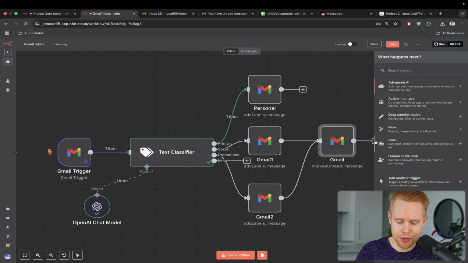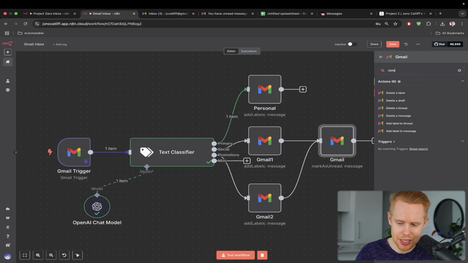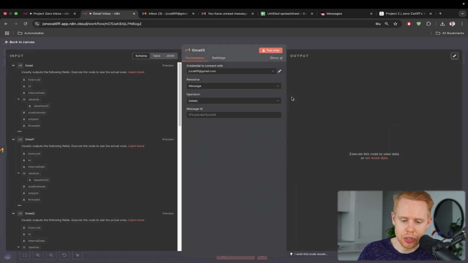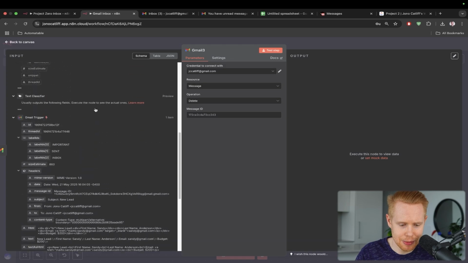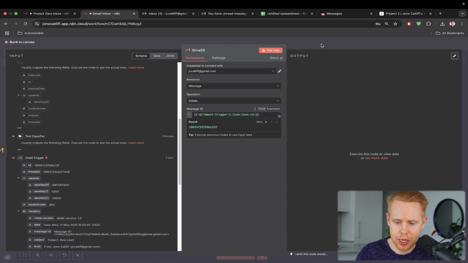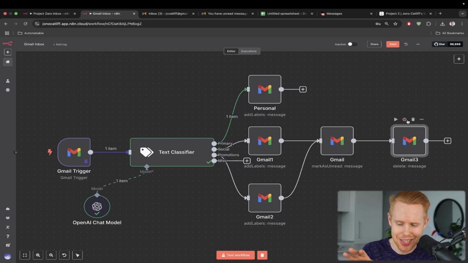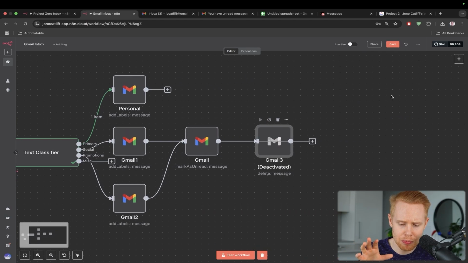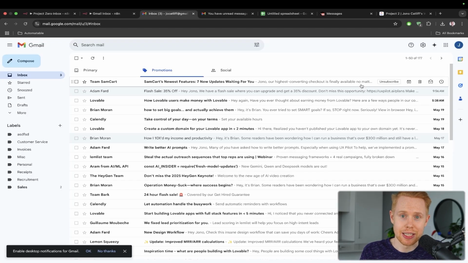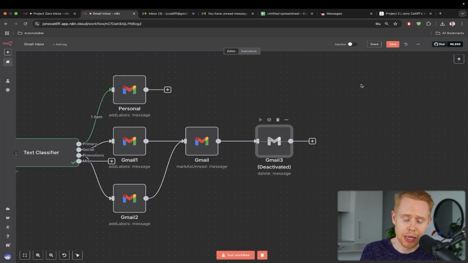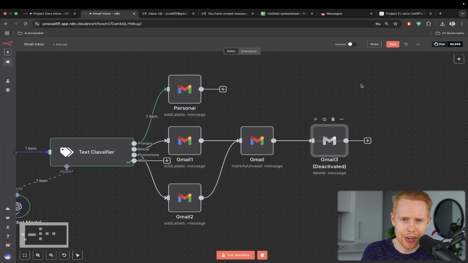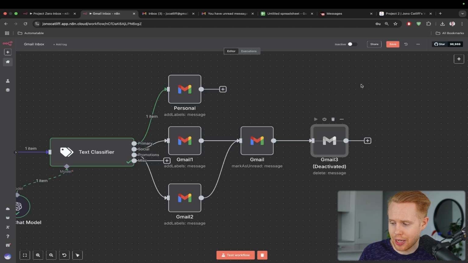You can take it a step further and you can go to Gmail and you could delete this as well. However, I just will caution you that before deleting this particular message, I would run with marking it as unread first. And only when you're super happy with the results, then you can turn on the deletion, because you probably want to avoid having certain emails routed incorrectly and then deleting actually important emails by mistake. So before you encounter any errors, just make sure that it's working properly. And then after it's working the way it's intended to work, then you can go ahead and delete things as